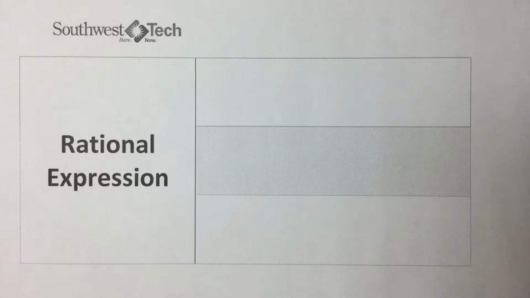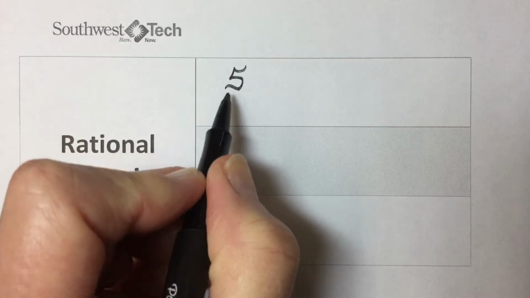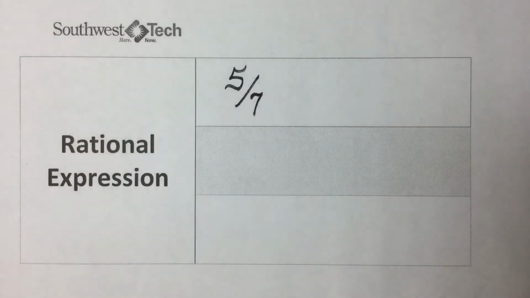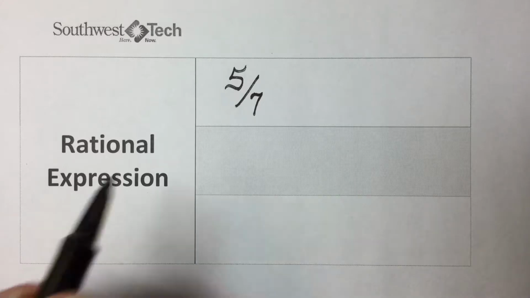Just as a rational number is any number that can be written as a quotient of two integers, a rational expression is any expression that can be written as a quotient of two polynomials. And here's some examples. It could be a rational number like 5/7, but because we've extended it to a rational expression that can be a quotient of polynomials, we could have